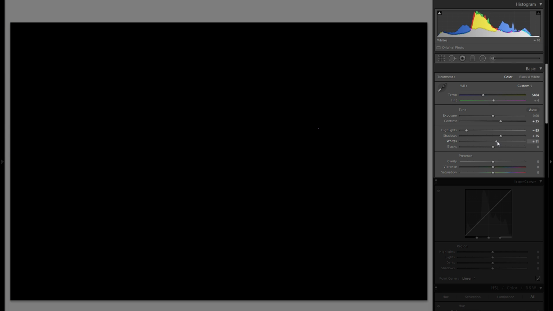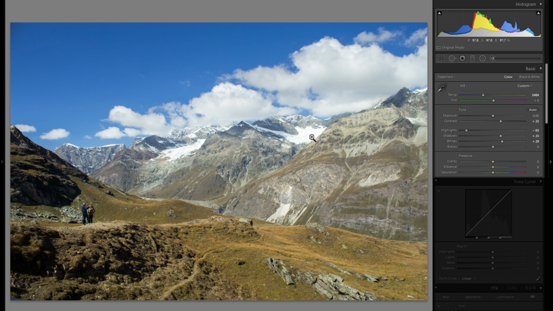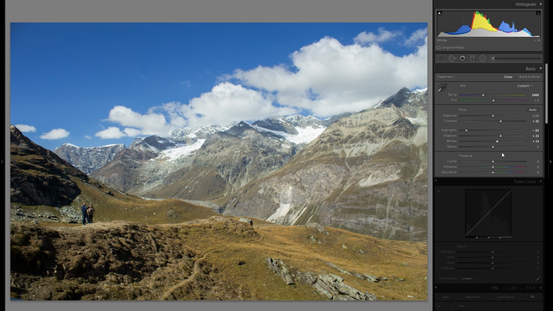And as I bring that to the right, there will come a point where you will get some white areas in your picture. These white areas indicate blown highlights, which means that certain areas are just completely white, they don't contain any detail anymore. So usually, you want to make sure that you stop before any of the highlights clip, in this